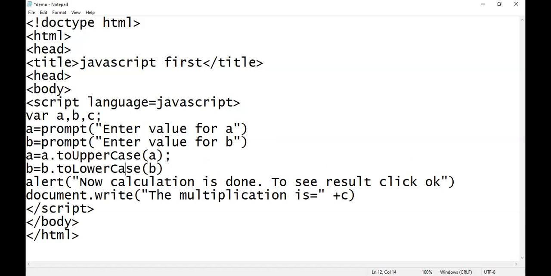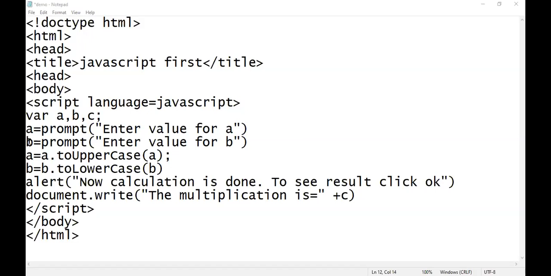Now what I will do is enter the value of A as a string, and I will convert it into uppercase, and the converted string is going to be stored in A itself.